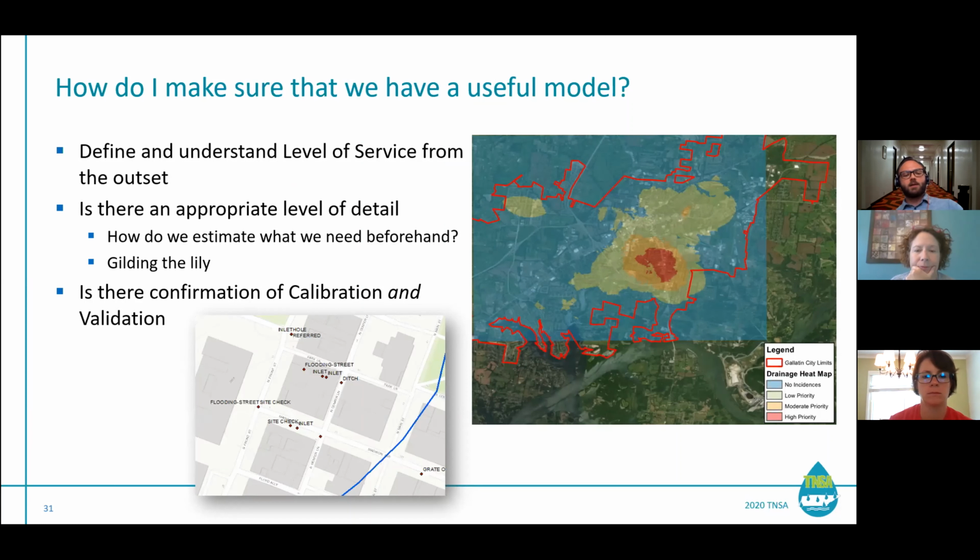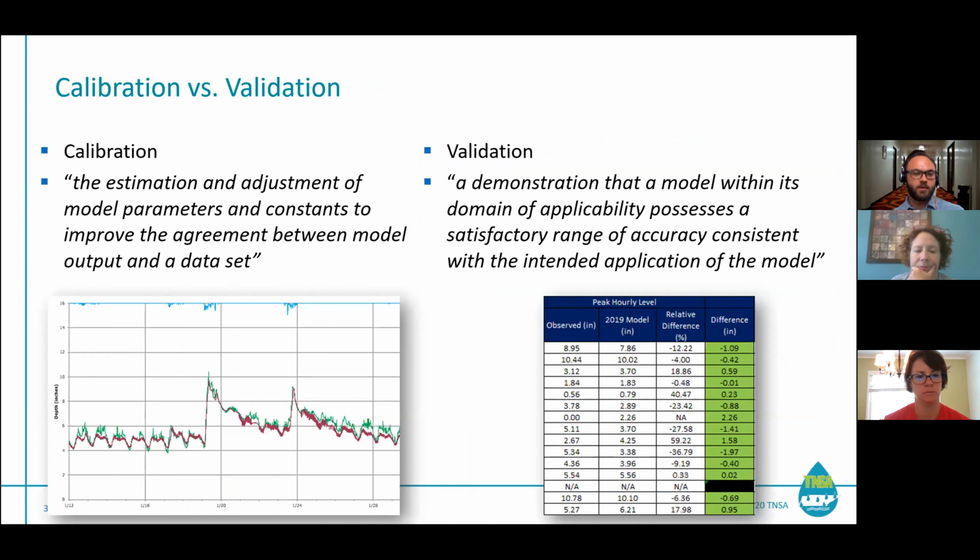And on the next slide, I'm going to talk about the difference between calibration and validation. They're two different things, and it's something you should maybe talk about in your scope, so that you can have a calibrated model where everything is properly tuned, meaning the estimation and adjustment of the model parameters and constants are in agreement between the model and data set. This is actually a sewer model here, but that's a pretty tight agreement between the two, green being the observed and red being the model. But is it